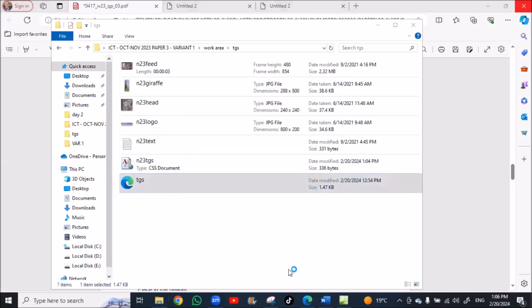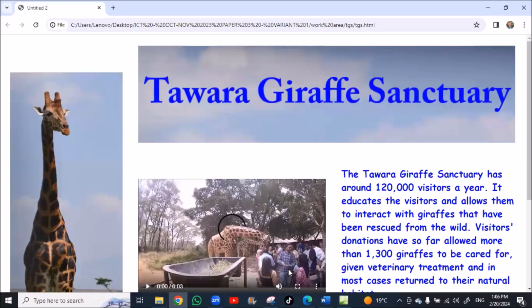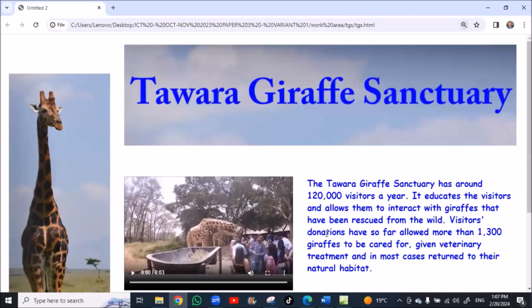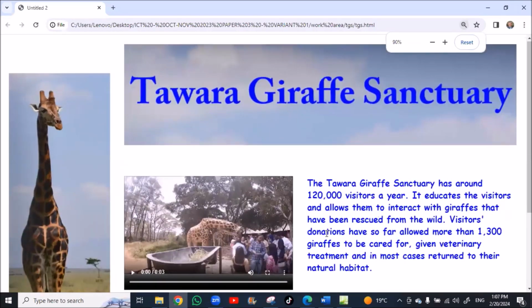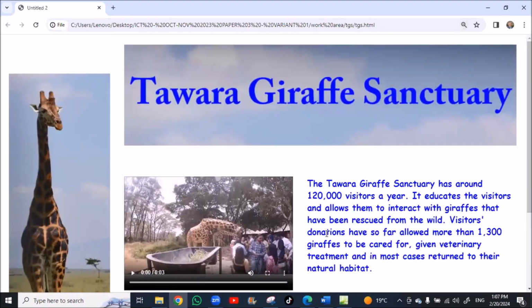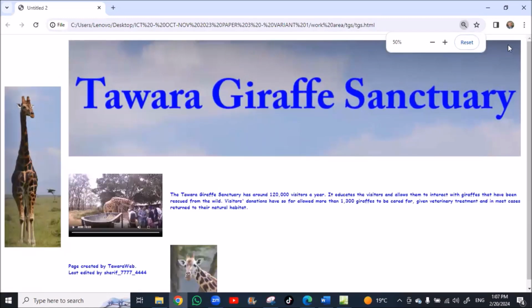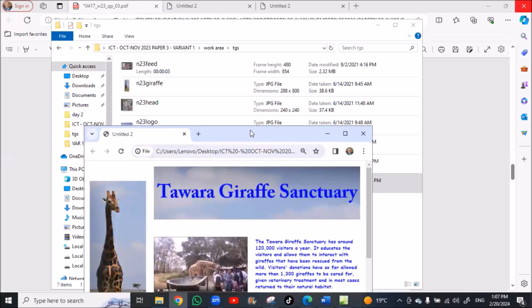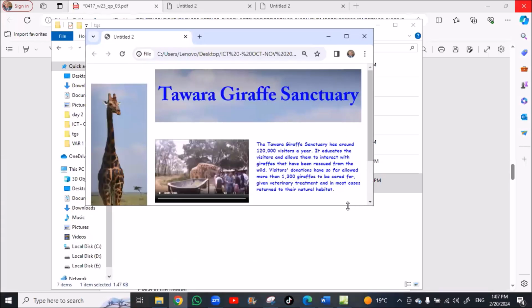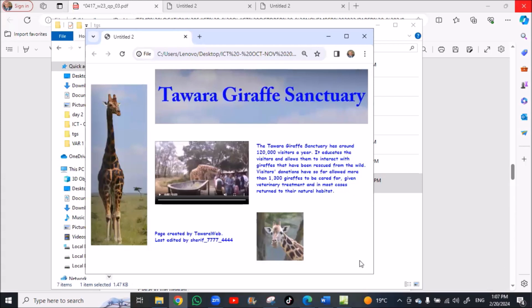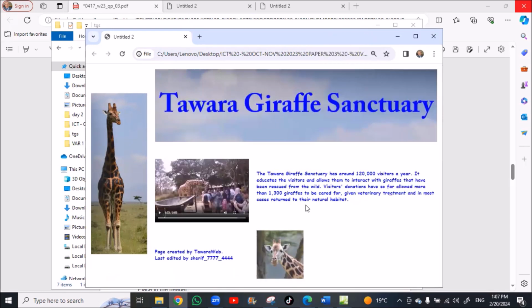Let's open it in Google, for example. This will be the Google file. Okay. And this works correctly. Yes. We can just enlarge this to obtain all of the page.